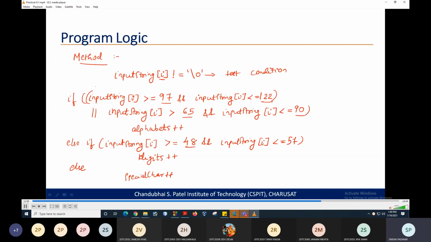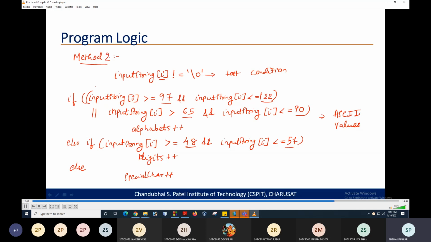Okay, this is what we are making the comparison with the help of ASCII values. So this is also one of the ways in which you can count the number of alphabets, digits, and the special characters. Okay, now if you don't want to write this many conditions, you don't want to check in this way, so this is method number 2.